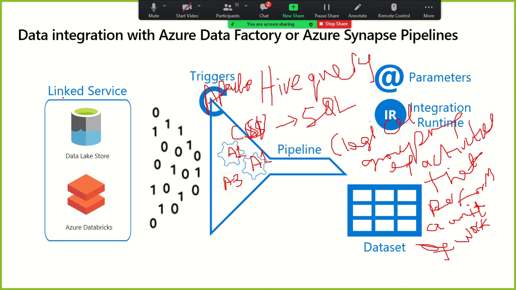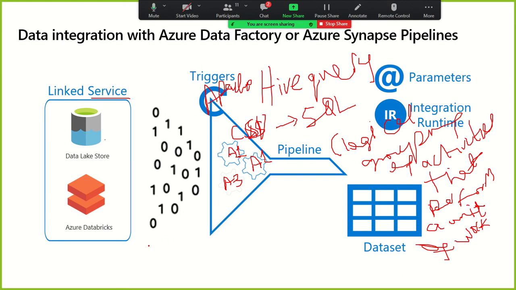We said the linked service will contain information about your storage, where your data is stored. It will also contain the connection string to your data. It will also contain information about the compute resource that you need. So there is an integration runtime, which is what this service will reference in order to provide